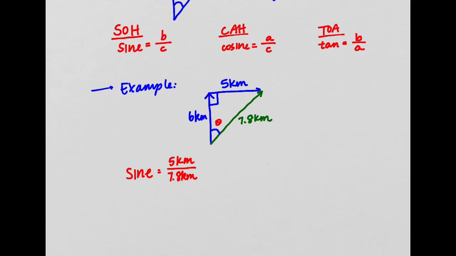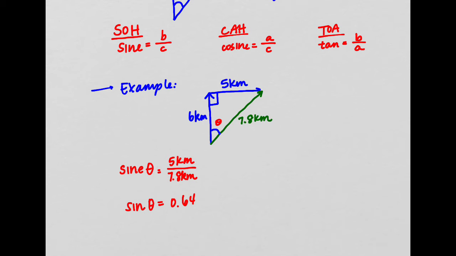I forgot to write theta, so sine of theta here. There we go. You don't have to write out sine, you just write sin. I always forget that. Sine of theta equals